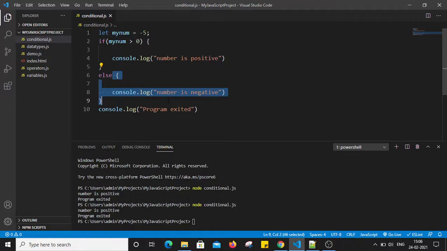So in that case it will directly give the output as console.log number is negative, right? So it will show that number is negative, and after that it will move to the next statement, that is it will print program exited. Now let's run this file again and see what happens,